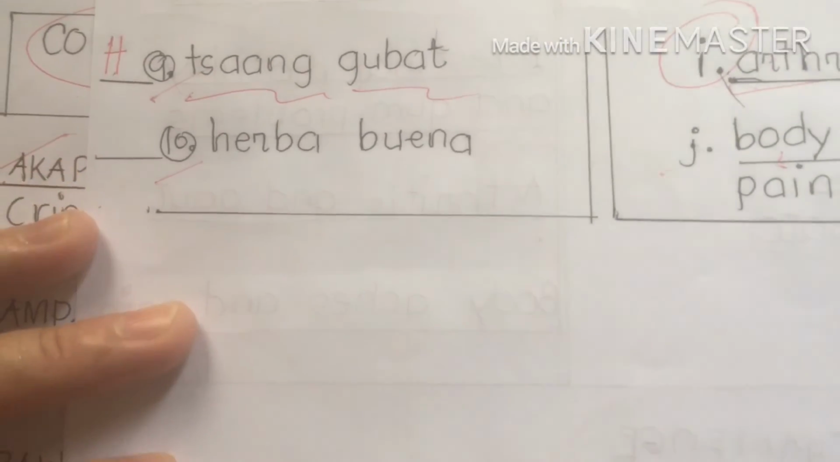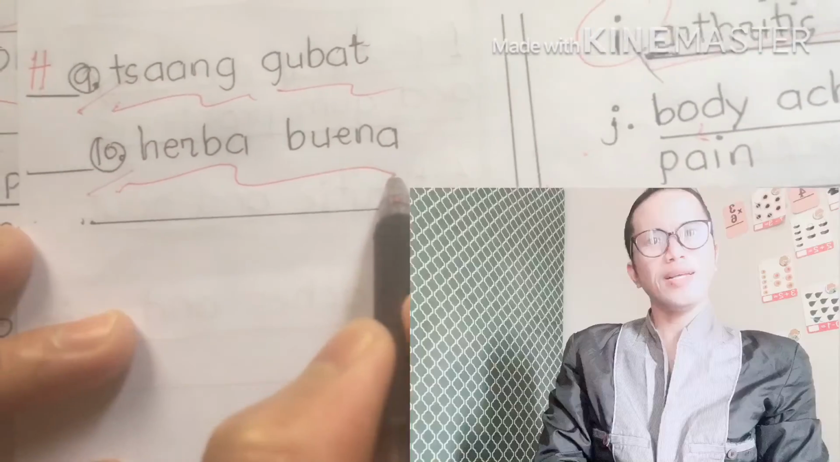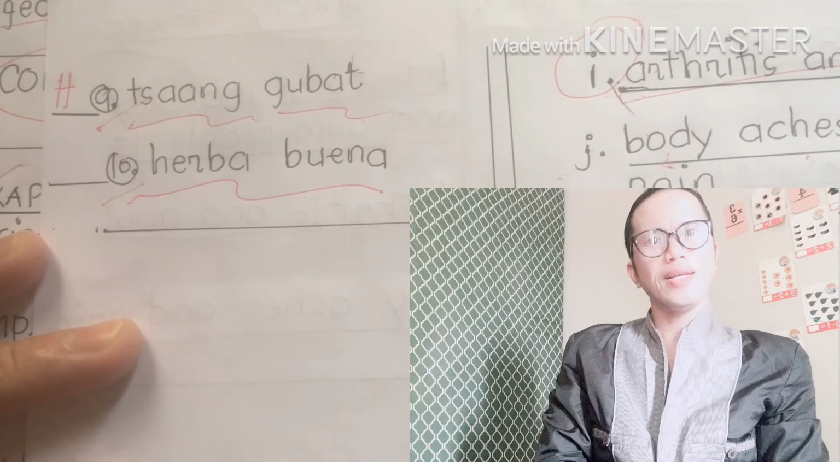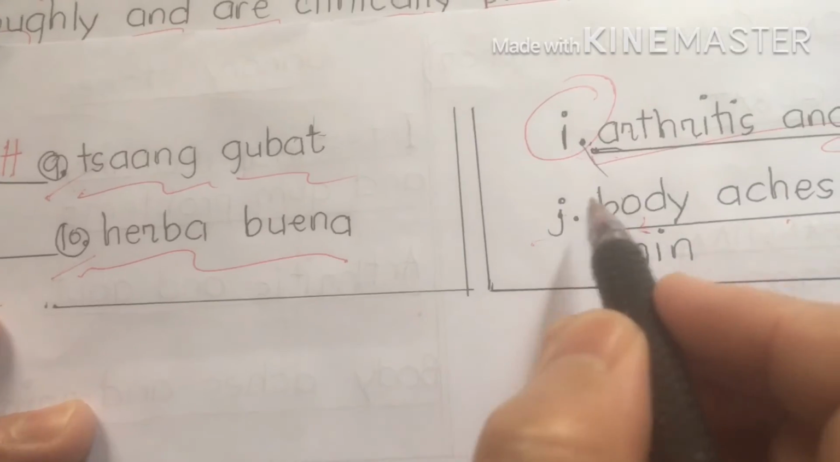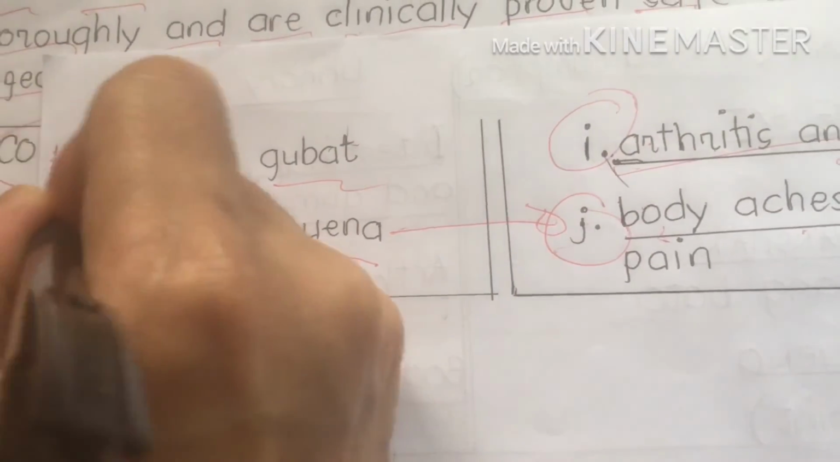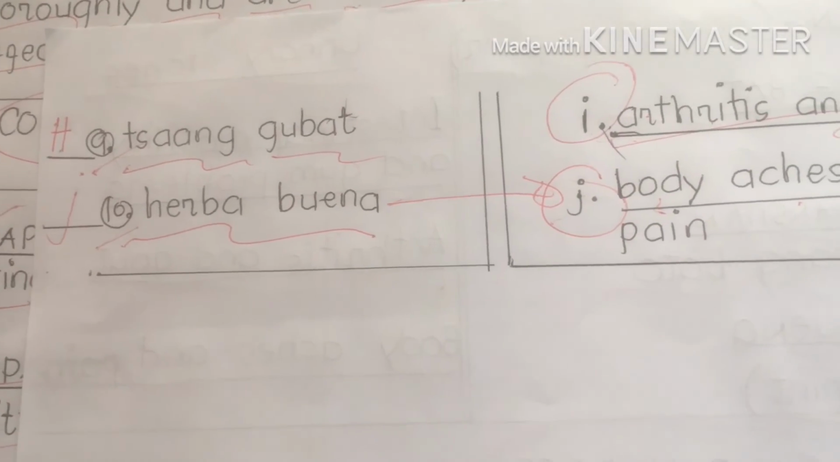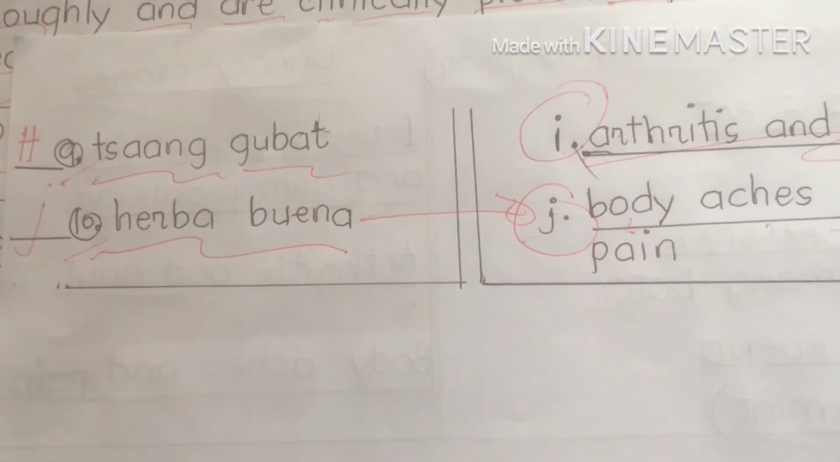For number 10, herba buena, my dear students, or peppermint. It is good, we can use it also for our ingredients in our cooking. That's for number 10. So of course letter G. Okay? Body aches and pain. Hope my dear students you really understand our topic today about the different medicinal herbal plants